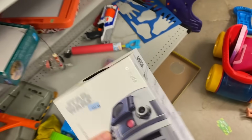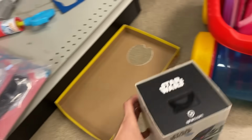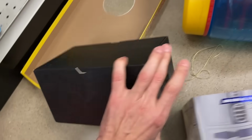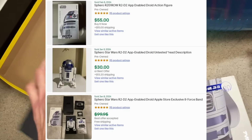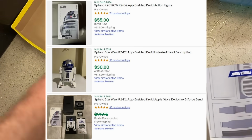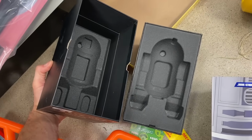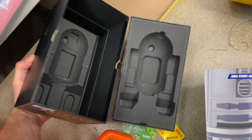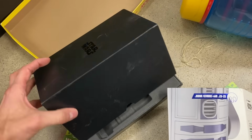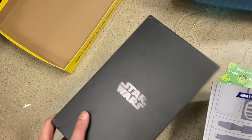I'm instantly suspicious because this box seems light. A Sphero Star Wars. Thinking about this for my oldest daughter for Christmas one year, but let's see if there's anything in this box because it feels light. I might have to stop the camera and start it back up because I need to use both hands. All right, let me do that. And there you go. Nothing in it. So at $12.99, this is probably a pretty bad deal. We're actually gonna turn it in because I don't think they checked it in